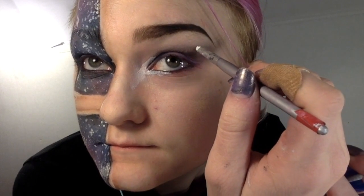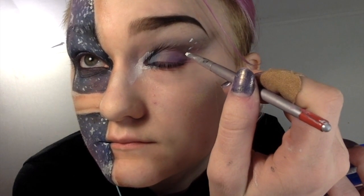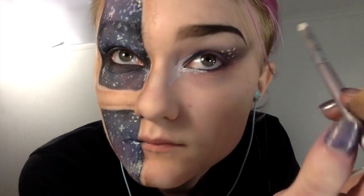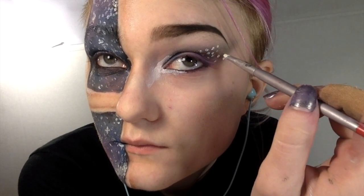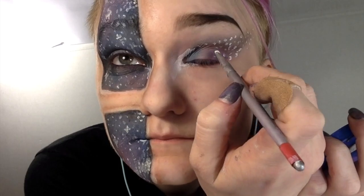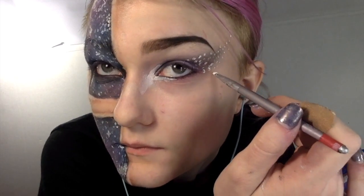Then I'm taking that same small lip brush to create more of the stars on the wing, the smoky wing. Just dotting it around. It's actually harder than you think to not put them in a pattern because your brain really wants to put them in a pattern. And stars are very random, and it's a little hard to put them randomly because you want to put them in nice little lines. So you have to try really hard to just splatter them around, which is why the splattering technique helps and looks good because it doesn't look as human or